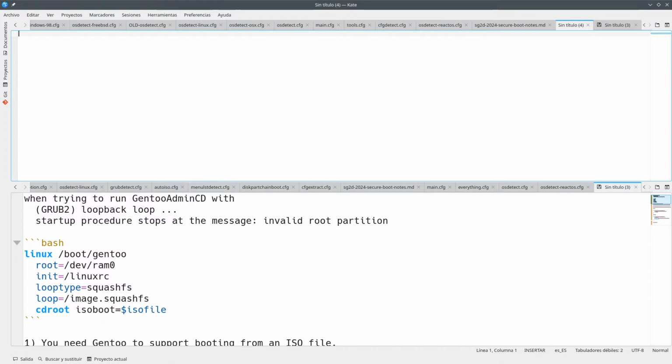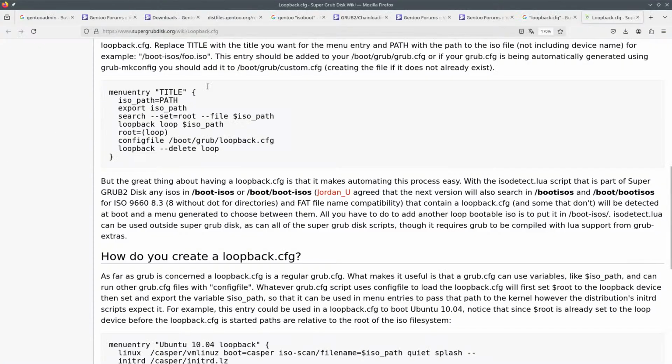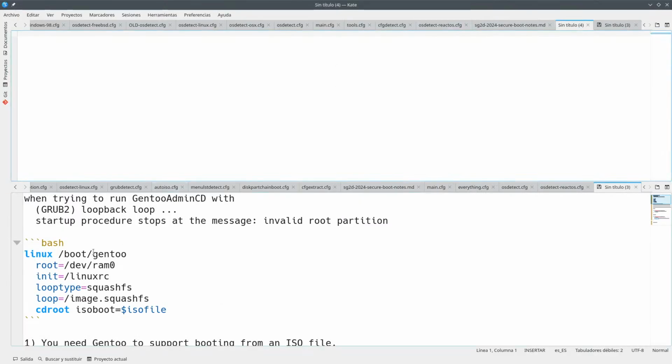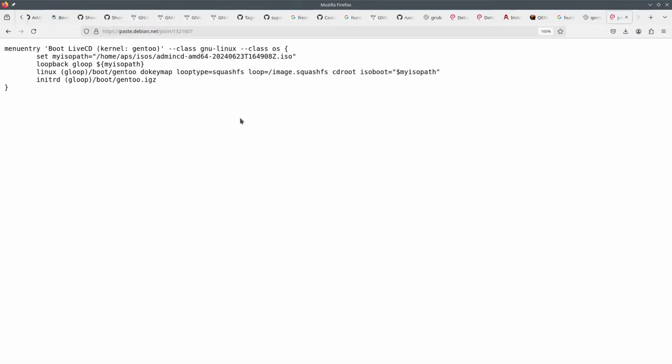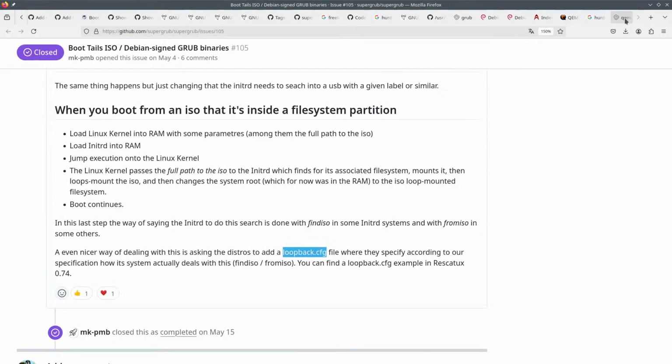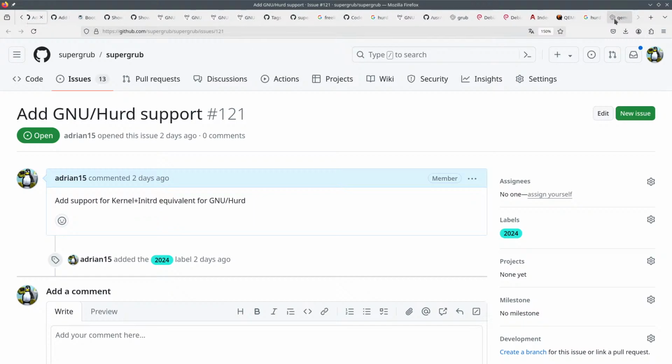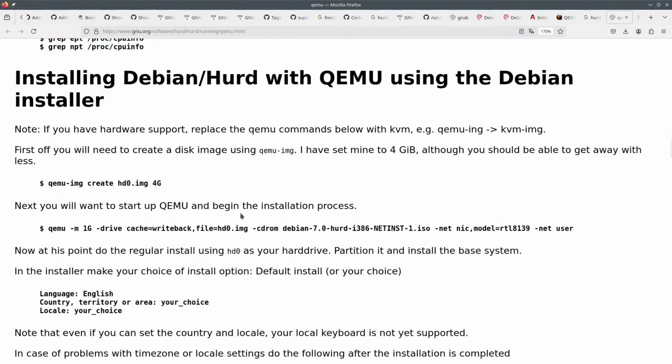So we were taking a look at all of these. We were taking a look at GNU Hurd.